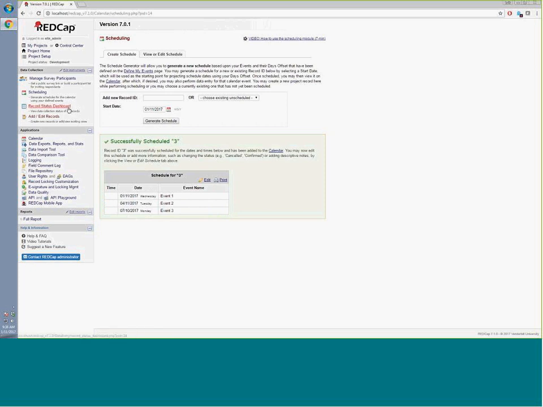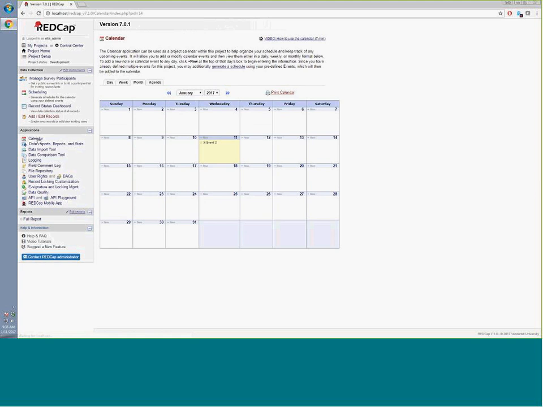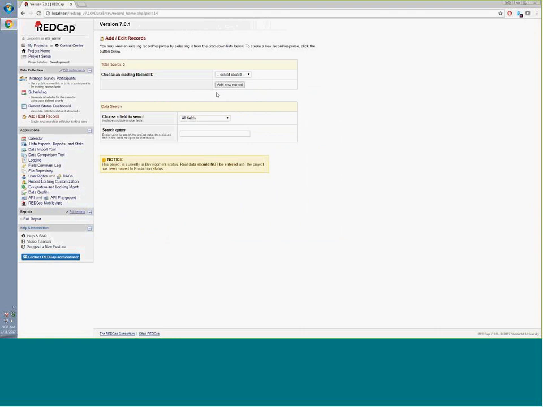Use the scheduling module, right? So that means it's going to appear in your calendar here in REDCap. So as you see, it'll appear. That makes sense? Yeah. Cool. When we get records through here using this button,